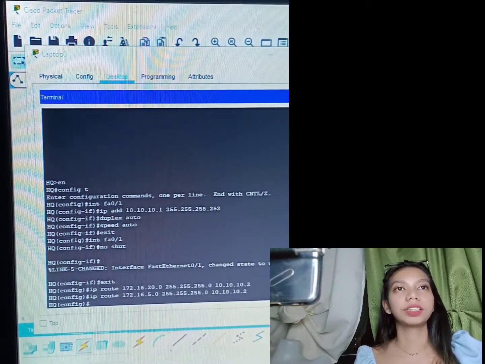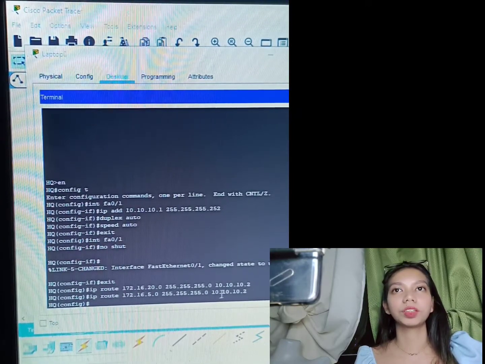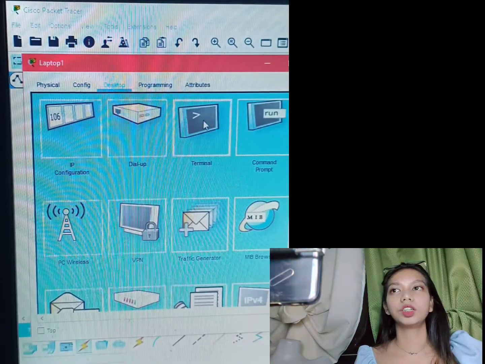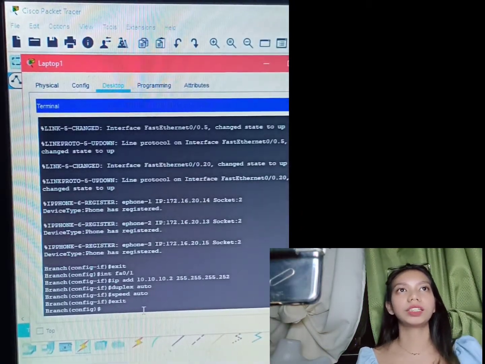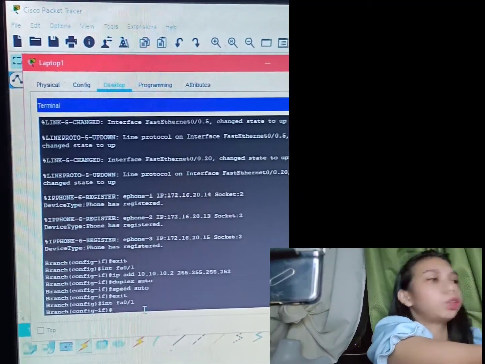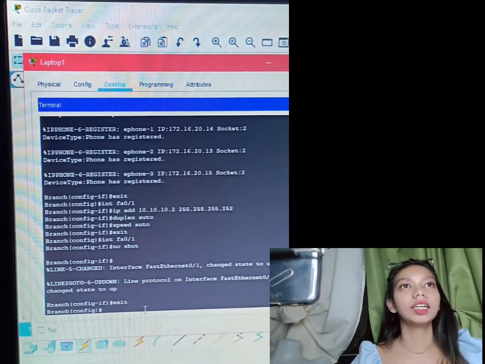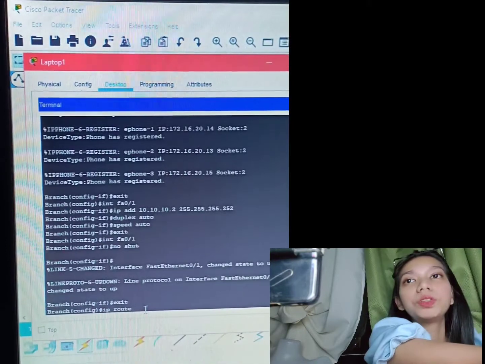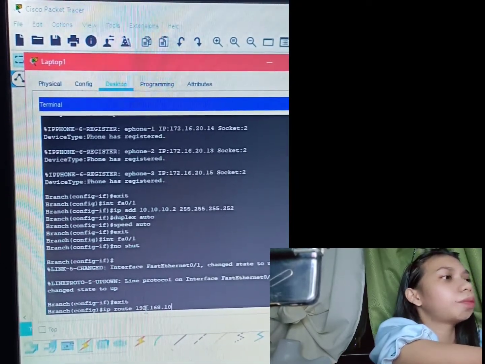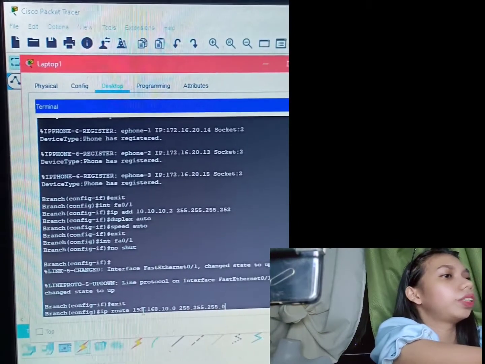Then what we're gonna do next is the branch. Let's do the same to the branch. Terminal, okay. Then exit. Let's do the int FA 0/1. Then no shut. Then again, let's exit it. Then after that, IP route 192.168.10.0 then 255.255.255.0 then